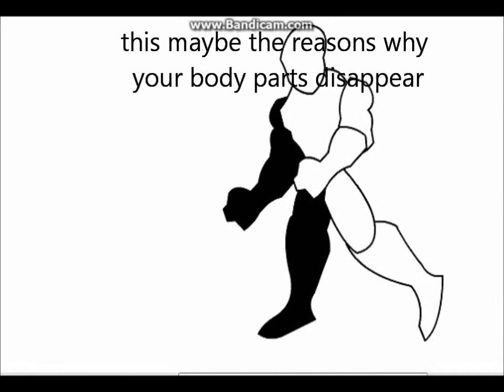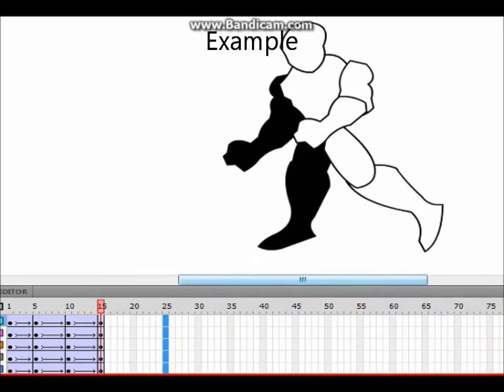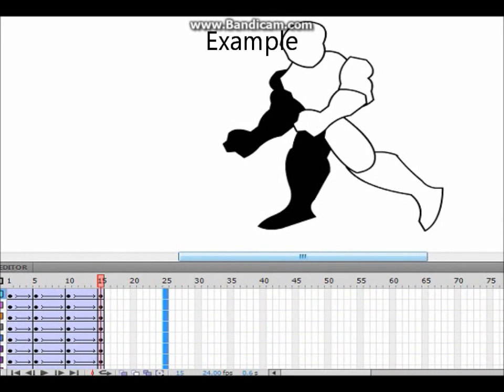And then maybe because when you create a keyframe, you made a mistake. For example, you missed some layers, the keyframes of the layers.